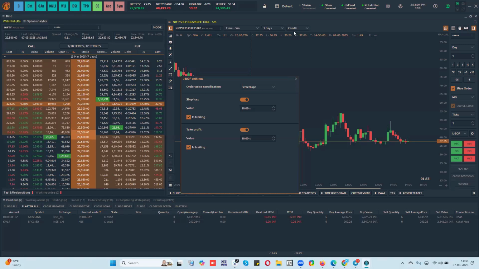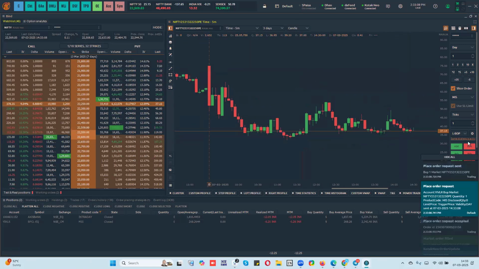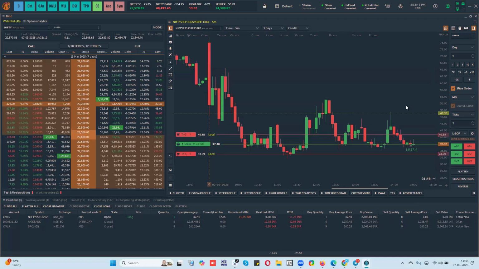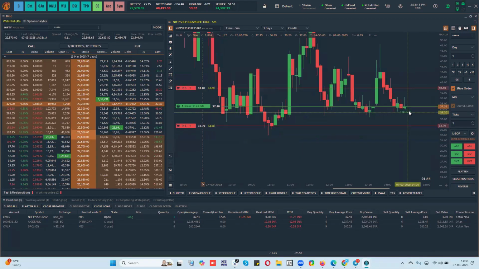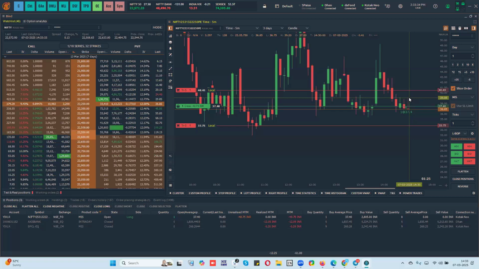If you want, I can show you as well. So let me place one order now. I bought at market. Here in this case, you can only place market orders. So I placed an order at market and it automatically placed a 10% stop loss and 10% take profit. Now you can see if the price goes against me, my target is going lower and lower, so that if the price recovers, I may lose less.